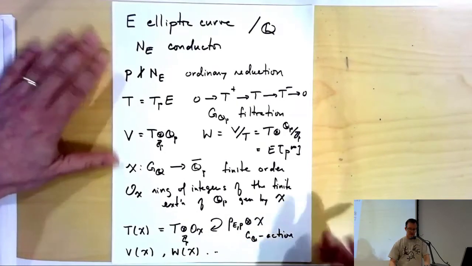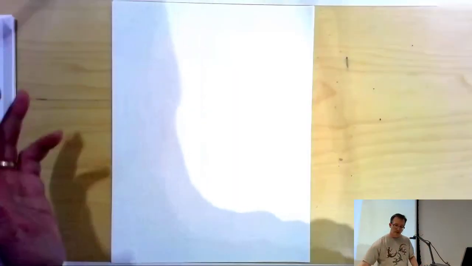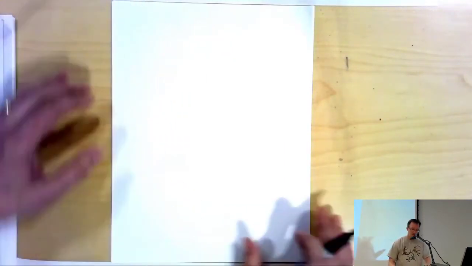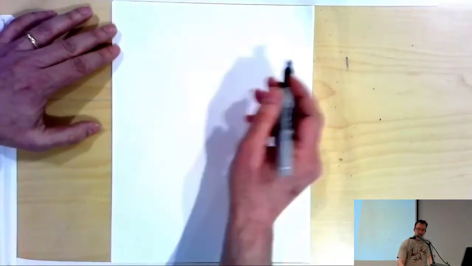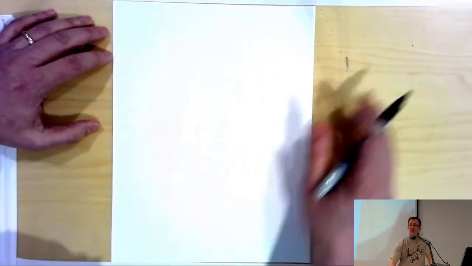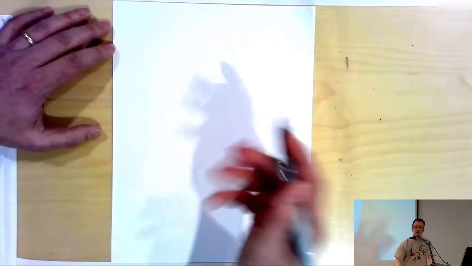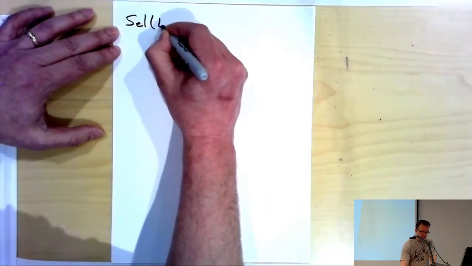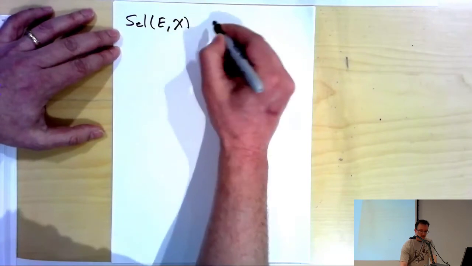Okay, so that gives us some framework. Well, we'll put that there for the moment. So then we had a Selmer group. I talked about it mostly for the case of the trivial character chi, but everything goes through for the twists. So we'll have the Selmer group for E, twisted by chi,